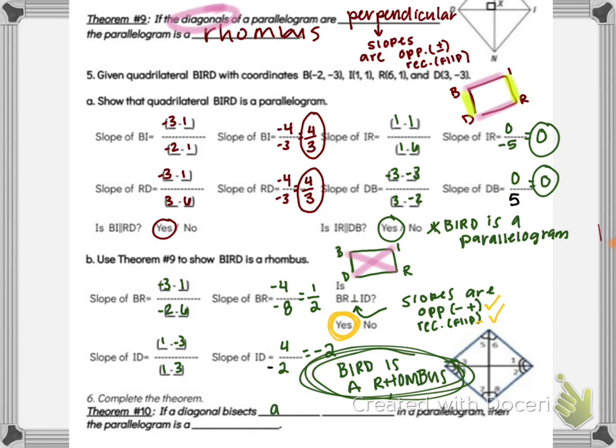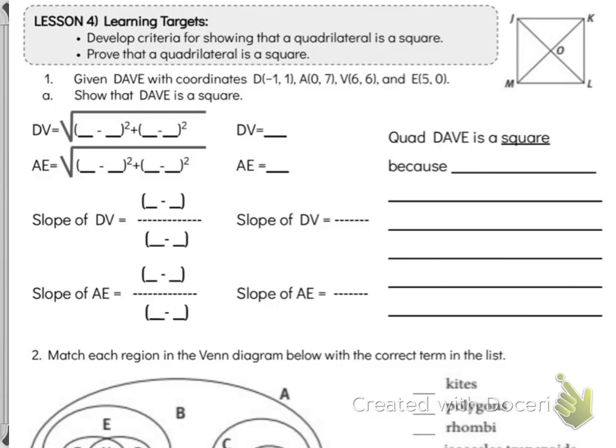Okay. All right. And last but not least, the last theorem for a rhombus is if a diagonal bisects a pair of opposite angles, then the parallelogram is a rhombus. You're not really going to be using this one. Okay. All right. Last shape, a square. Now, a square is a combination of everything. So what I mean by that, and this right here is a very simplified way of finding these answers,